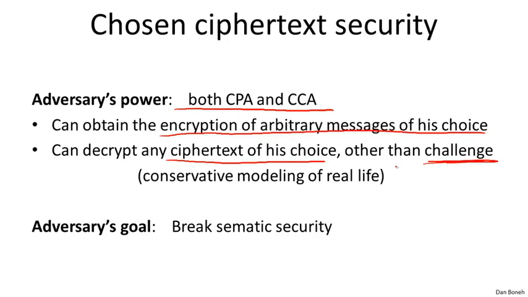In real life, often the attacker can fool the decryptor into decrypting certain ciphertexts for the attacker, but not all ciphertexts. So the model here is that the attacker has a certain ciphertext that it wants to decrypt. It can interact with the decryptor by issuing chosen ciphertext queries, namely to decrypt various ciphertexts other than the challenge ciphertext. And then the adversary's goal is to break semantic security of the challenge ciphertext. Notice that we're giving the adversary a lot of power, and all we're asking him to do is break semantic security. So it's going to be fairly difficult to design systems that are secure against such adversaries, and nevertheless we're going to do it.